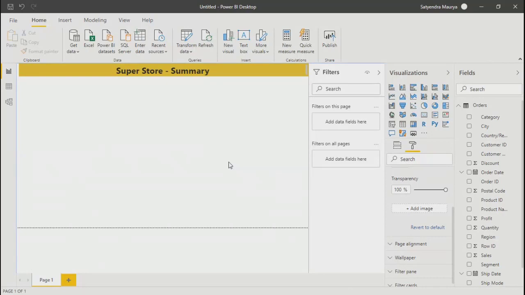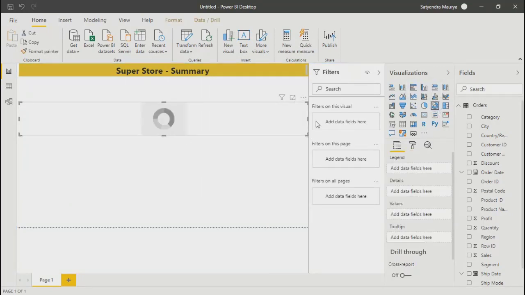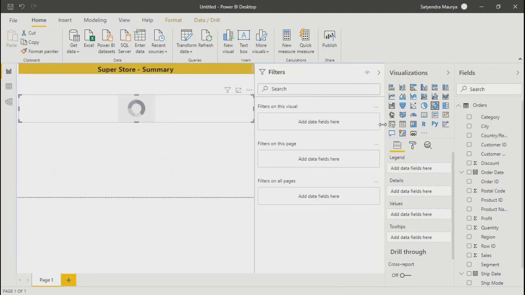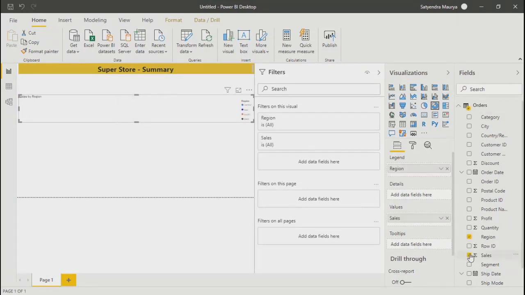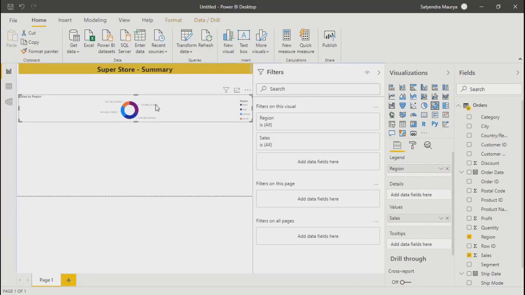As I said, for a dashboard, on top you need to have summaries. And as you go down in the dashboard, you can have a more detailed summary. When we say high level summary, I generally prefer a pie chart or donut or some bars, the columns or bars at the top. So first of all, I'll add a donut chart. We'll take category, then regions, and I will add sales. So that's one thing I have added.